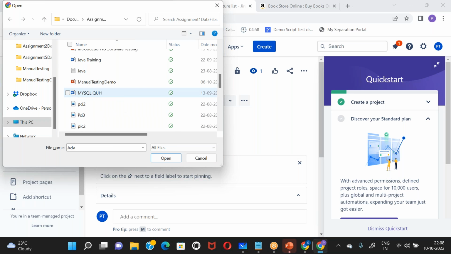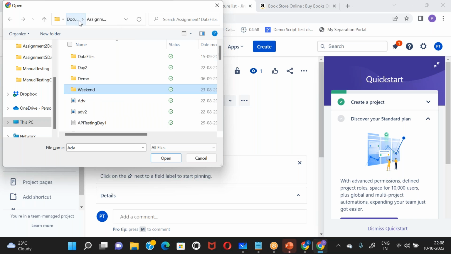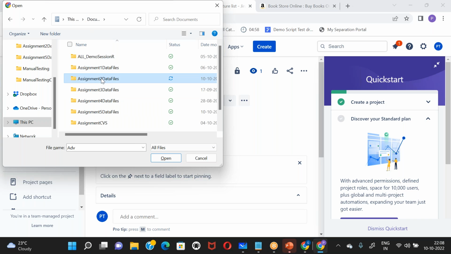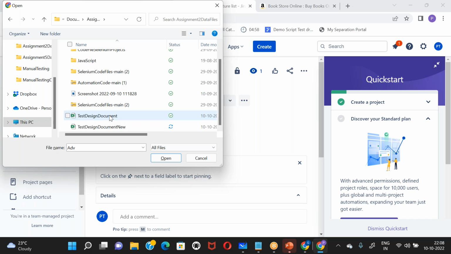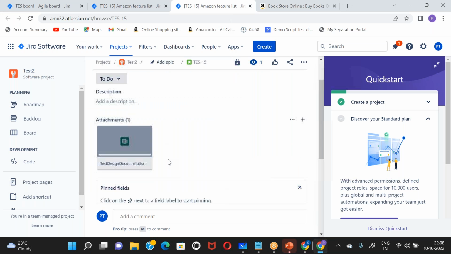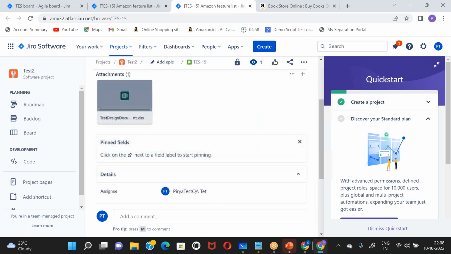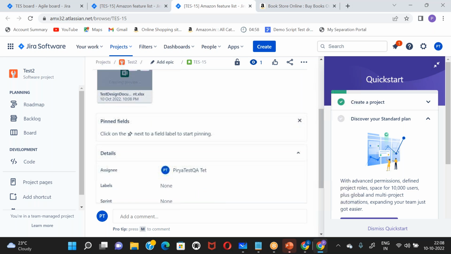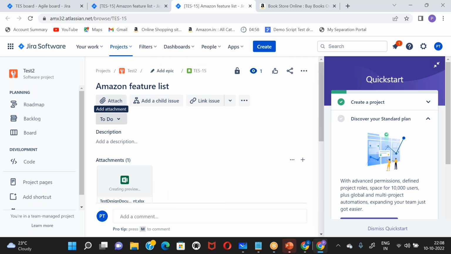So in this we will attach a, which is assignment 2. In this we will attach this test case document. Okay. So it is we assign. Fine. So this assignment,